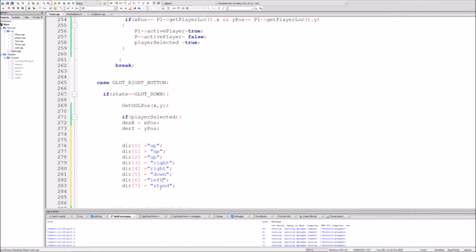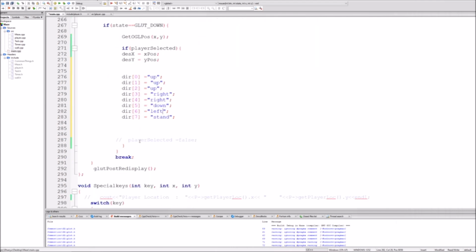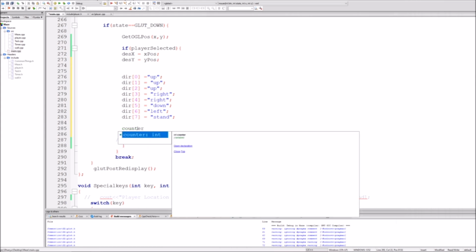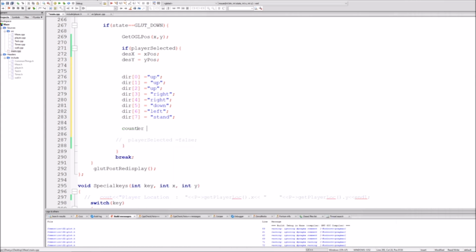All right, so that is the path I'm going. Let me set the counter to 0. The counter is starting with 0. So whenever you select the player and